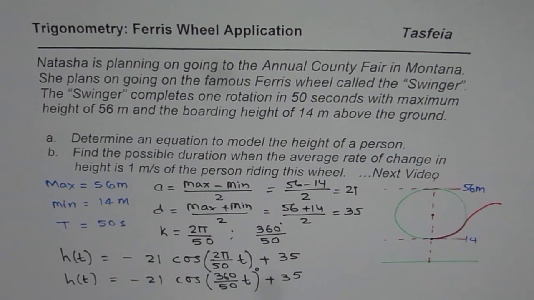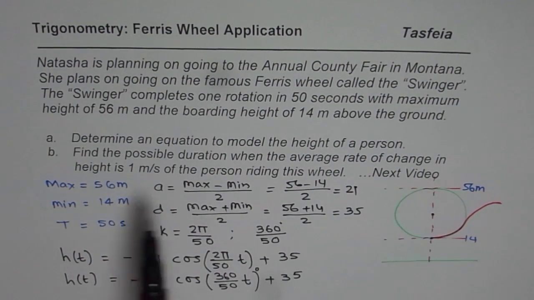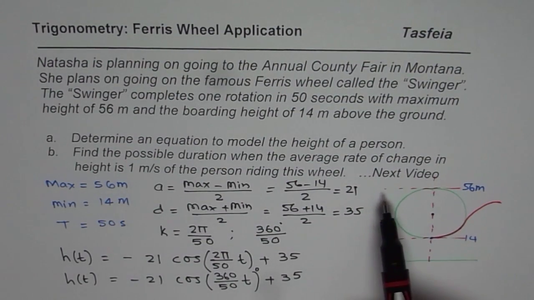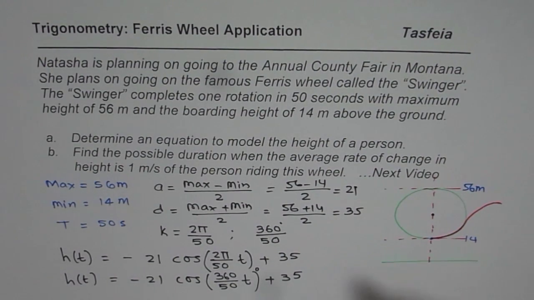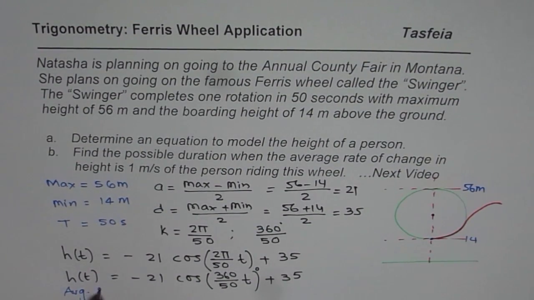Now the next question for us, which is the most important question where we really want to get into, is to find the possible duration when the average rate of change in the height is 1 meter per second of a person riding this wheel, right? I'm going to discuss the solution in the next video, but I'm giving you ample time to think about it. So when will the average rate of change of a person be what? Let's discuss it a bit. Average rate of change will be